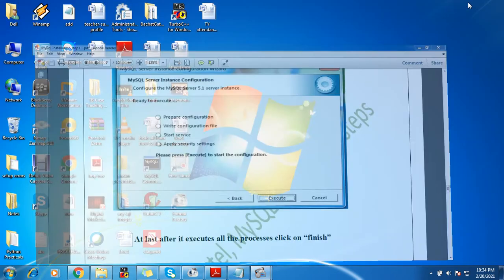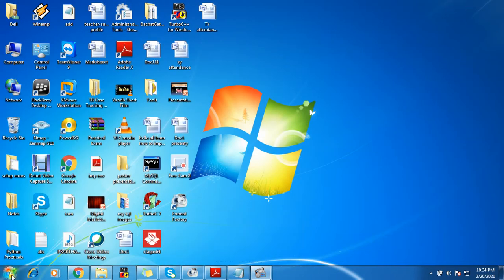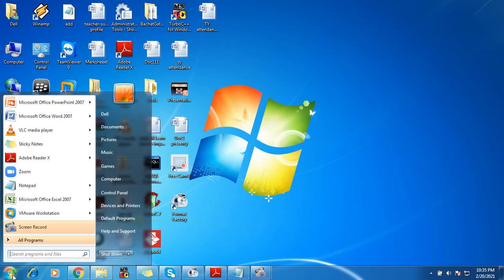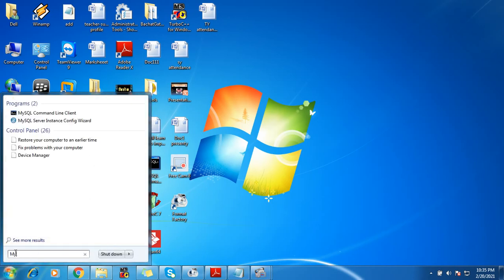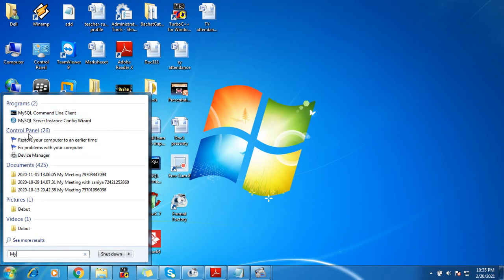Now let us actually check whether my installation worked. I have just installed MySQL server, removing the previous one after collecting all the pictures and creating this document. Now I am going to check whether the MySQL server has successfully got installed on my device or not. For that, select the start button. In the search tab, type MySQL. So here you can see the MySQL command line has got installed successfully.